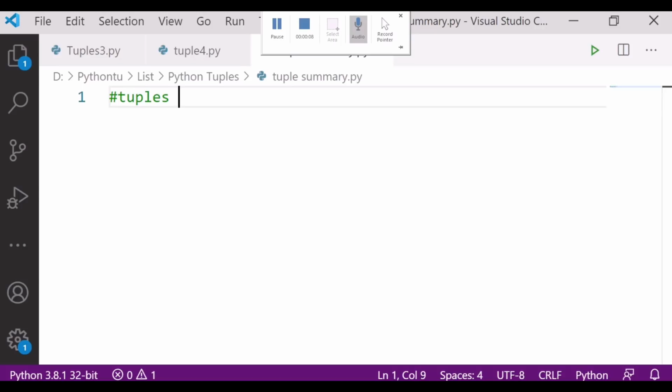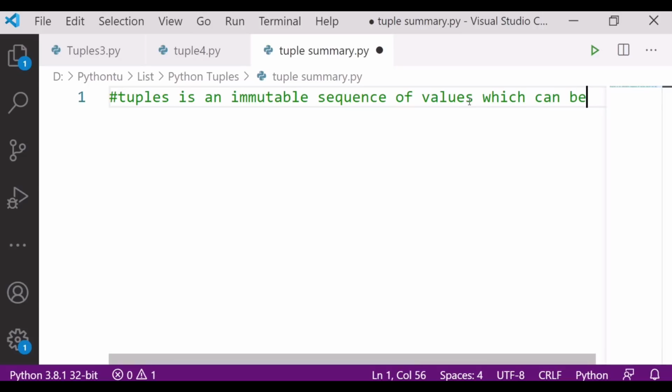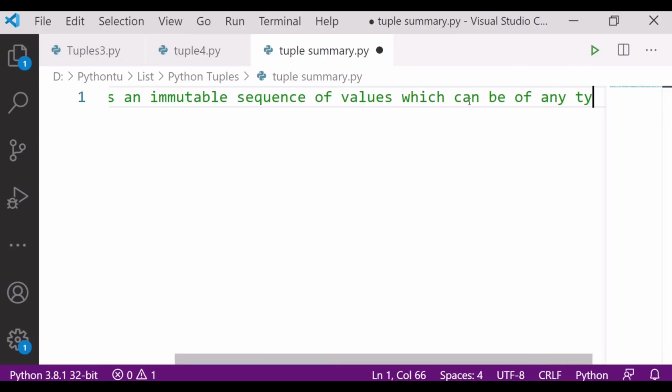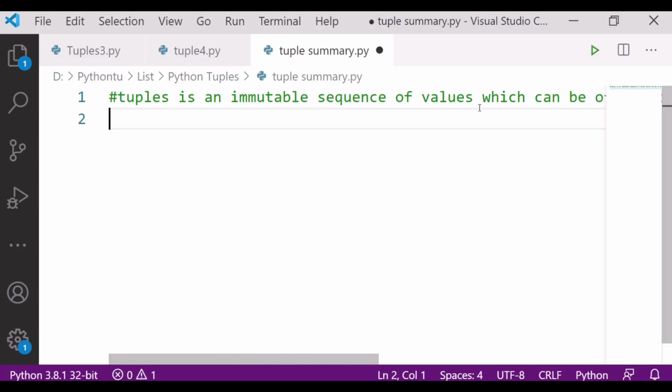A tuple is an immutable sequence of values, which can be of any type, and they are indexed by an integer. So this is a tuple.